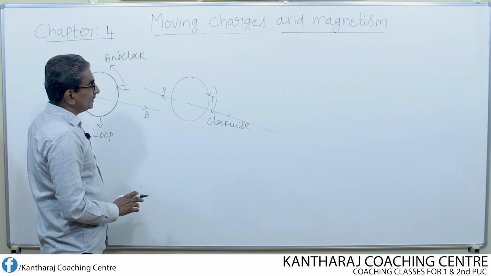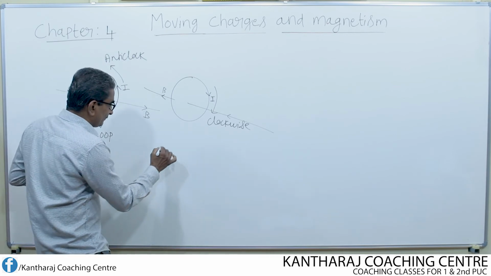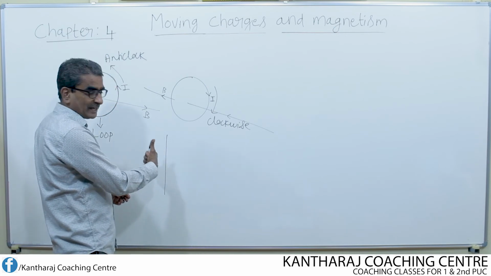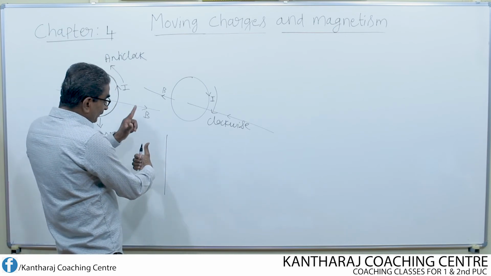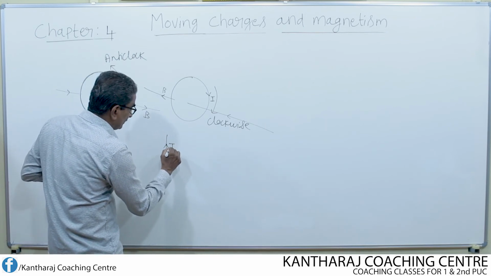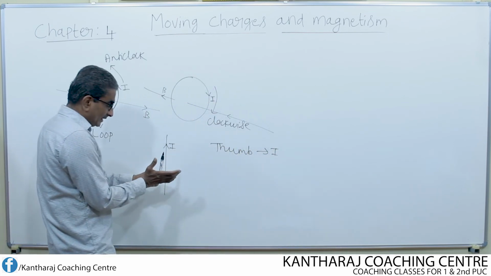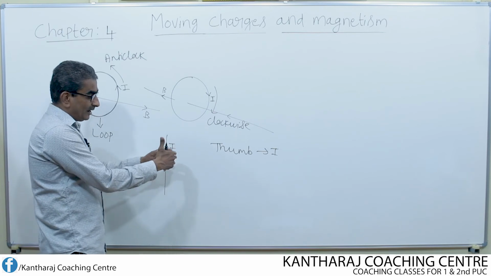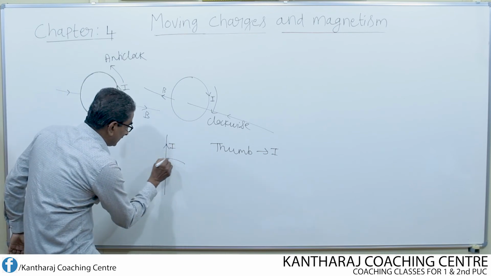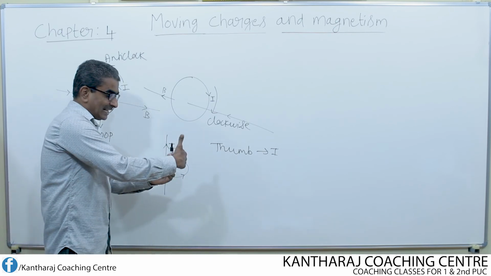What is now the right hand clasp rule originally as applied to a straight conductor? If you consider a straight conductor, hold the straight conductor by means of your right hand. In this case, the thumb gives the direction of current, then the fingers curling or clasping all around the conductor, in this direction, give the direction of magnetic field. So the fingers are clasping like this.